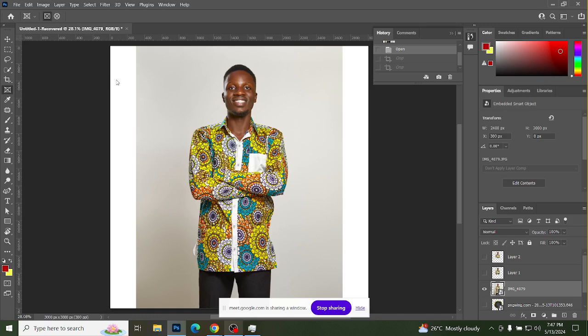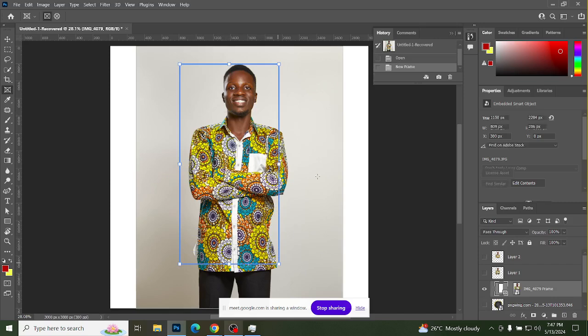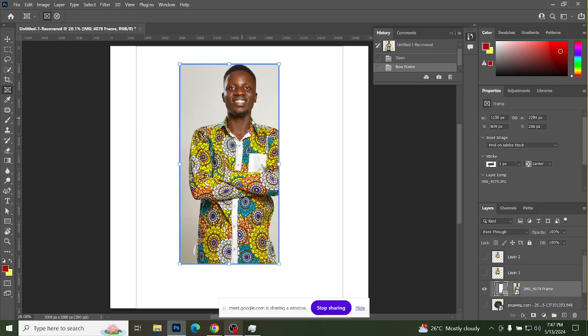So for instance, I click on the frame tool and then I drag. Okay, so it makes a frame of this. Yes, it makes a frame of this. Then now I can decide to bring an image inside. So I can just go to